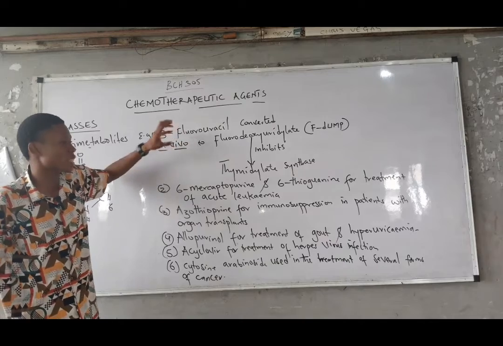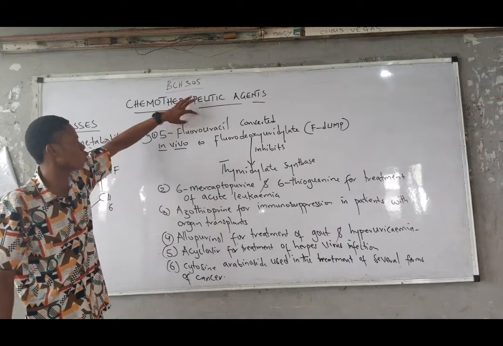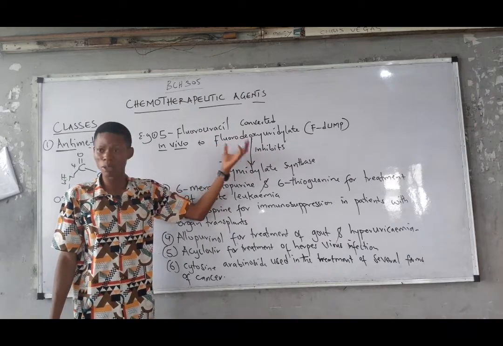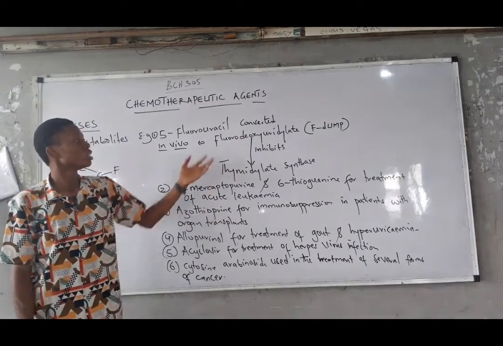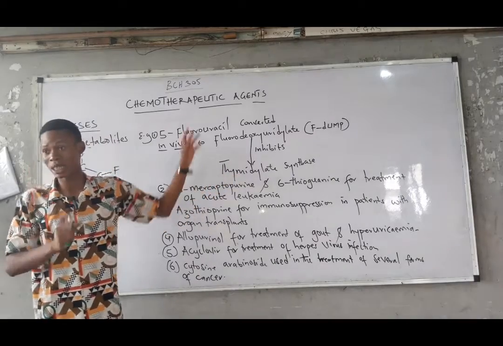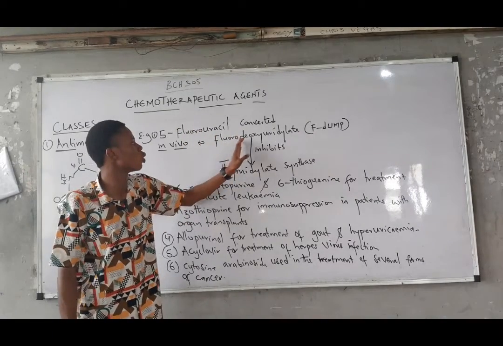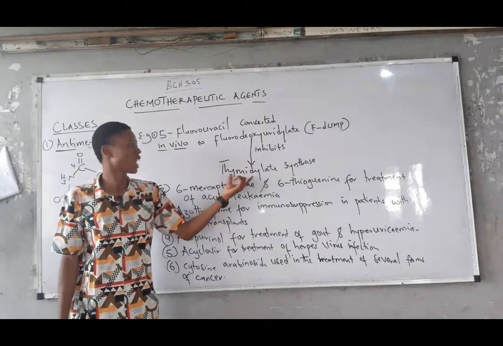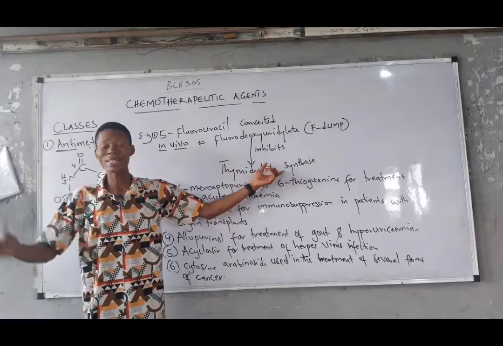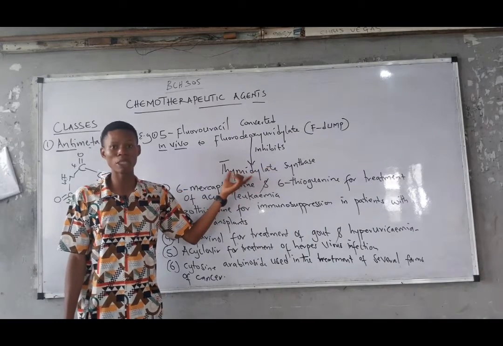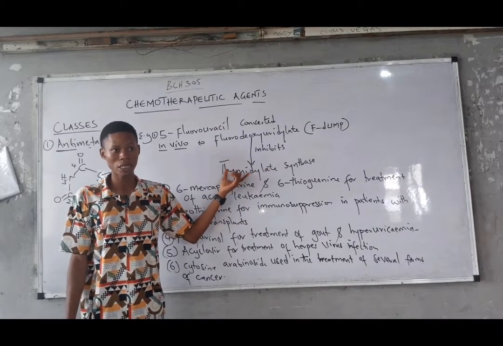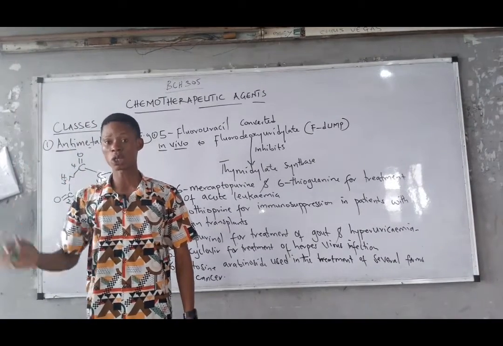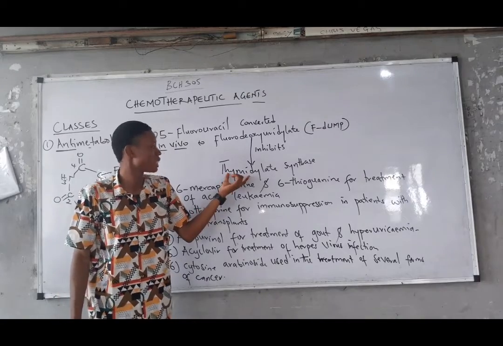Now in vivo, that is in the cell, this 5-fluorouracil will be converted to fluorodeoxyuridine monophosphate. Remember, an enzyme is converting it to this. This fluorodeoxyuridylate will now inhibit the enzyme thymidylate synthase, an enzyme involved in the synthesis of what? Thymidine what? Monophosphate, right? Remember when we are looking at the pathway of pyrimidine de novo synthesis, we synthesize thymidine